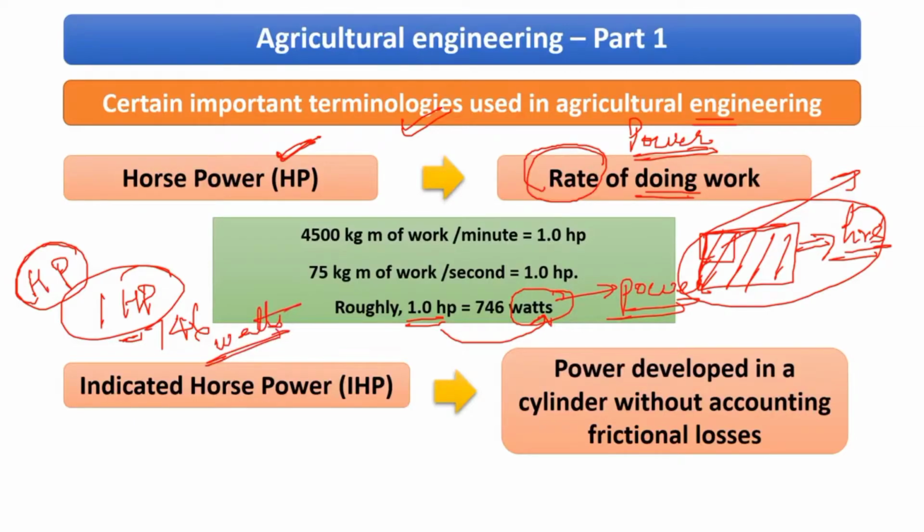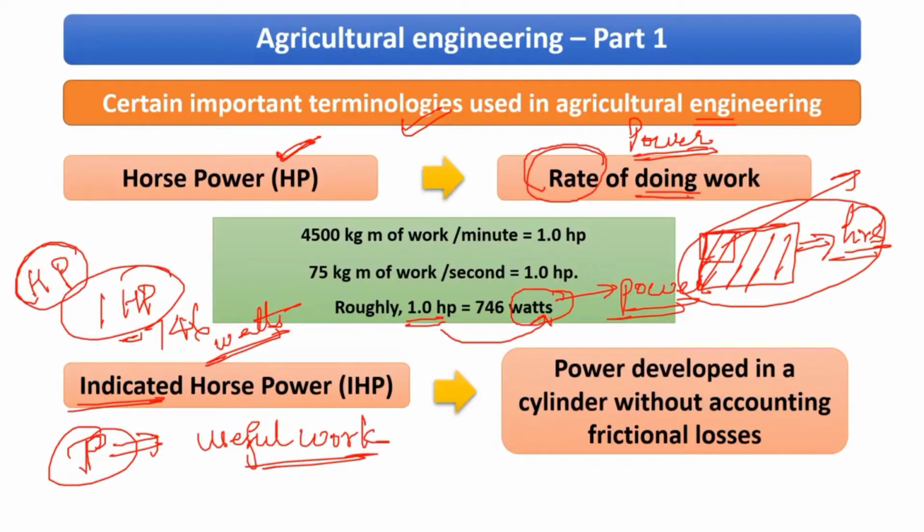Now there are other terms as well that are used. One is called indicated horsepower. Just understand one thing: whatever power is required to run an engine, suppose you're providing the power P, this entire power is not going to be converted into useful work by the engine. There is a splitting that takes place. Most of the power is going to go into useful work. The engine is going to use that power and give us certain productive work. But a certain amount of the power that we are providing is going to go as wastage.